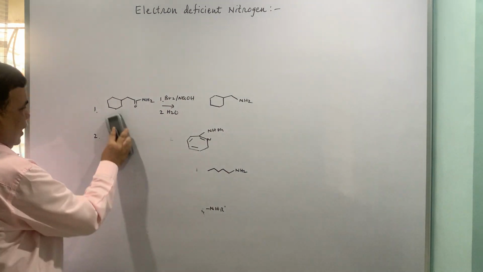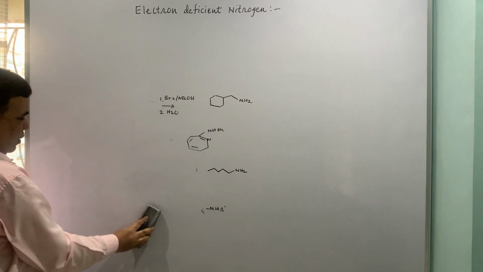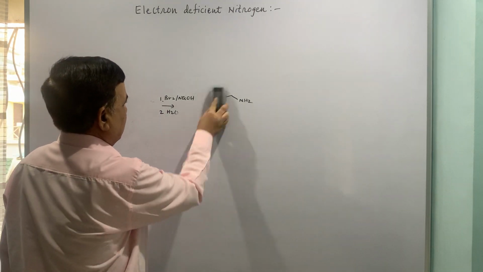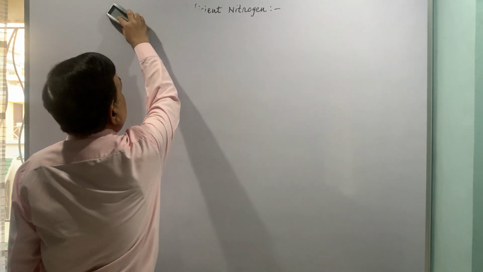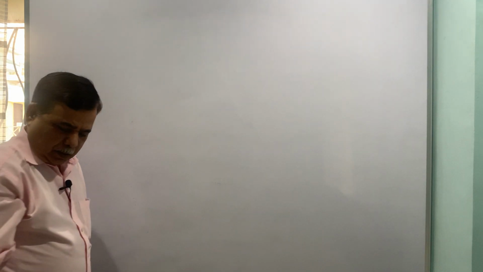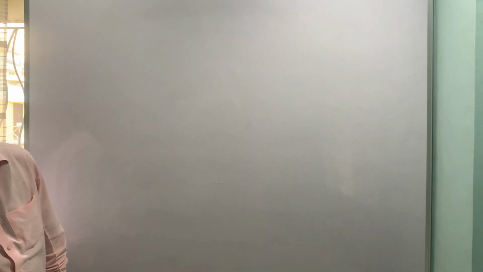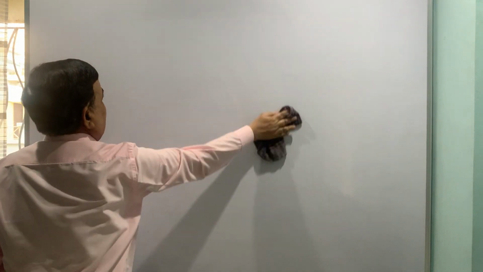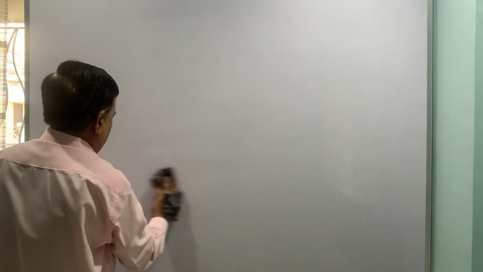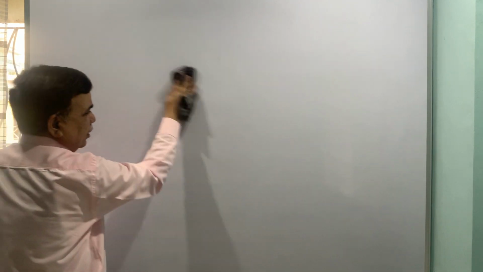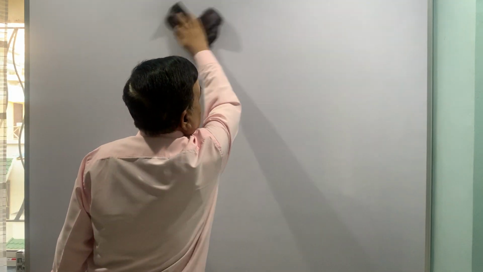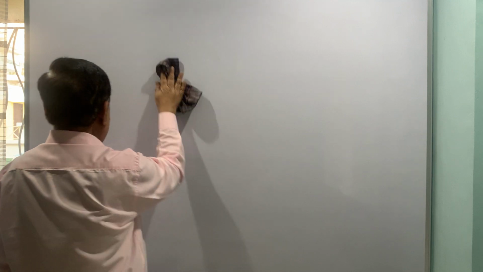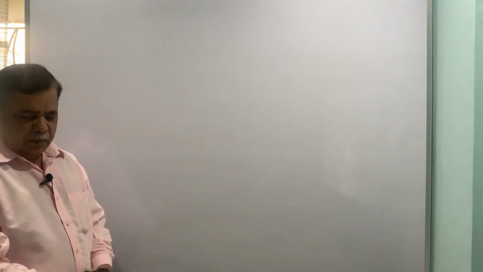You try to put the mechanism, and if some problem is there, I will come to your help. I will solve all these examples maybe in the next class, and that will be the total problem solving session on rearrangement at electron deficient nitrogen. Of course, I will come up with some additional examples also, not only these, some more examples hopefully from your question papers, so that it will be helpful for you in future also.